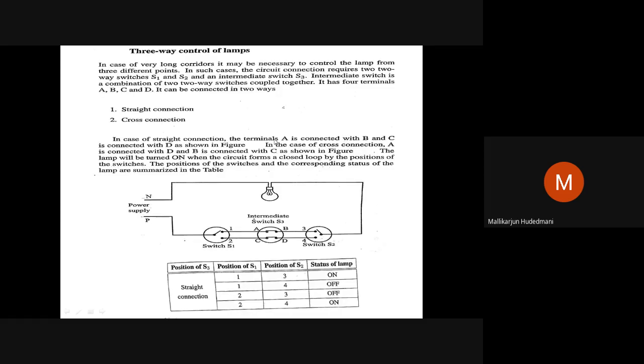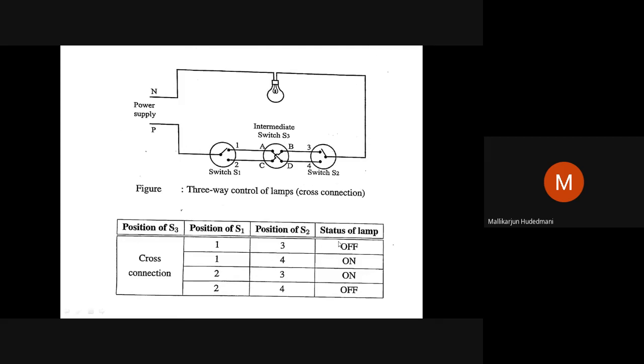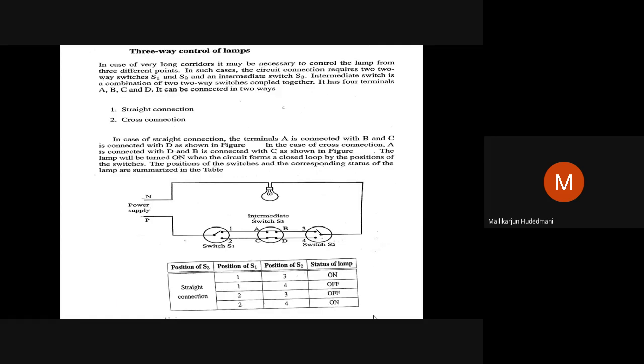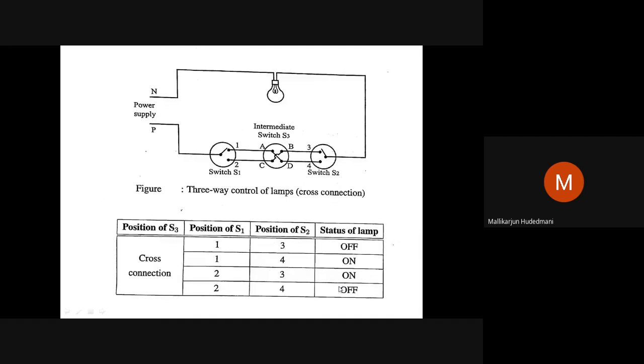It was not so here. Can you see here? 1, 3 was on. 1, 4 was off earlier when this was straight. When this is made crisscross, successfully it is made on. The opposite switch went on. Exactly. The switch which is on here becomes off, which is off here becomes on. You can just watch this. 2, 3 on, 1, 3 on. You can see? 1, 3 off, 2, 3 on, 1, 4 on, 2, 4 on.